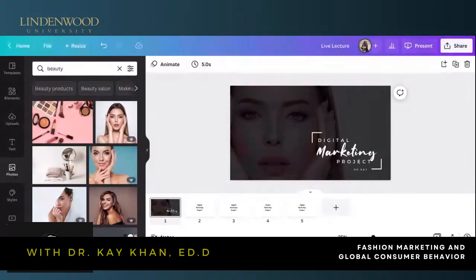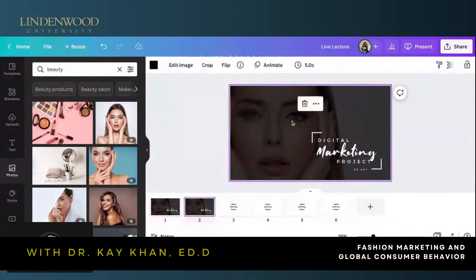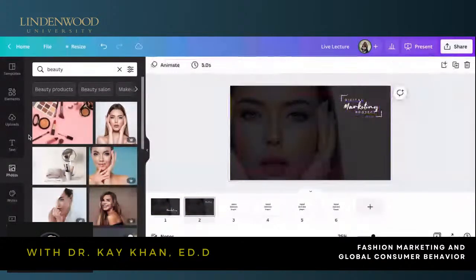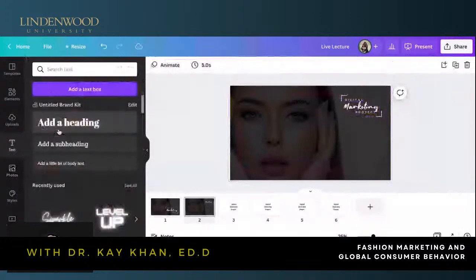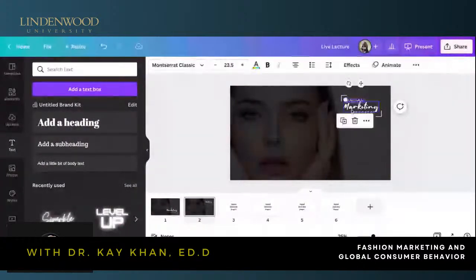Okay, so let me go back into the project. All right, so let me go back to live. Okay, so now let's do the table of contents for this one. I'm going to duplicate this page. I'm going to take this and smush it a bit and move this up here for my table of contents. And then all I'm going to do is go to text. Actually, let me get the digital words because I think that will work. And I'm just going to smush this over here and put table, I spelled that wrong, table of contents.